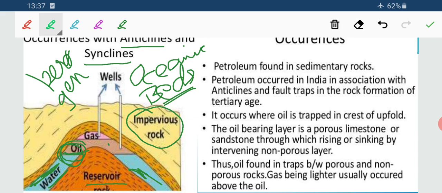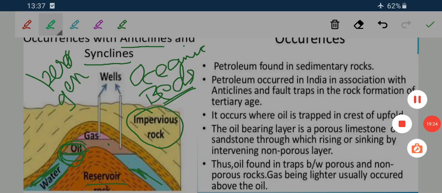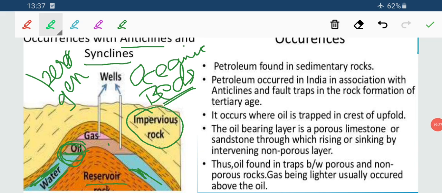Now when all this continues due to excessive heat and pressure, and the liquid matter develops, what is the resultant? Due to excessive heat and pressure, something in a gaseous form gets evaporated, and being lighter, obviously it will lie above the liquid part. When it lies above the liquid part, it is trapped between the impermeable rocks. So that is the location of the natural gas, being lighter, it is above, and below that, being heavier, is the liquid part, the crude oil or petroleum. The same thing has been described here.